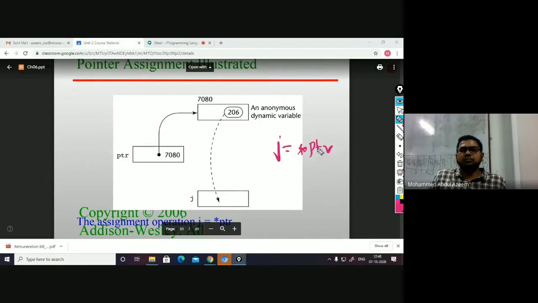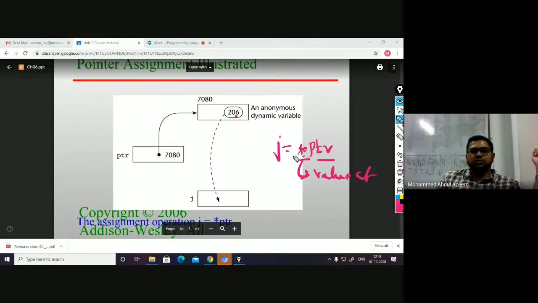So then what is happening here? You can see asterisk is a dereferencing operator here, which will act as the value at the address held by PTR. PTR is holding the address of this memory. So the value at the address held by PTR is what? 206.